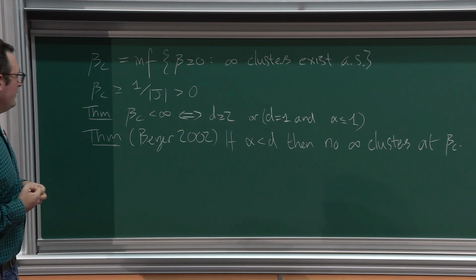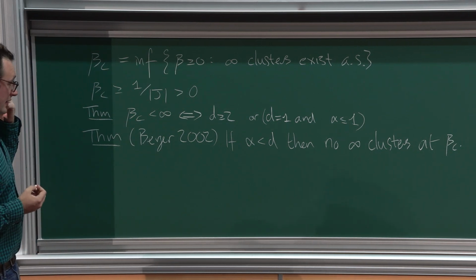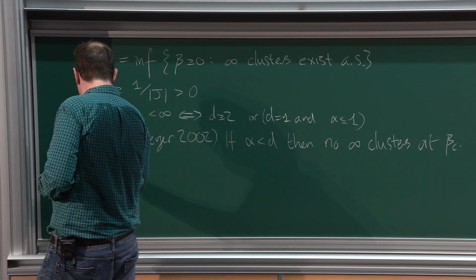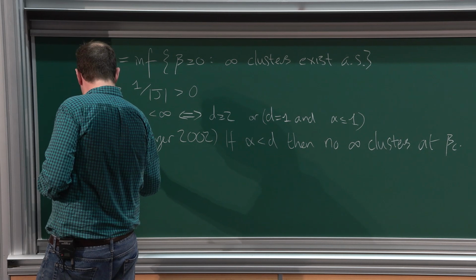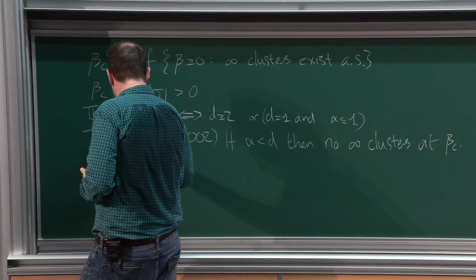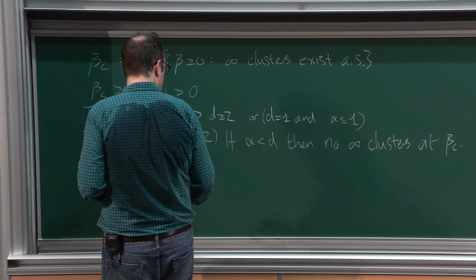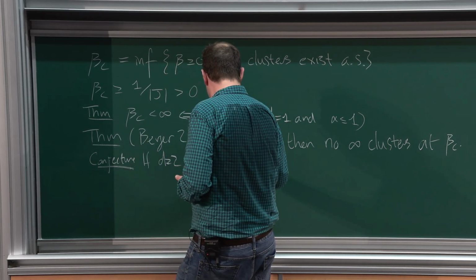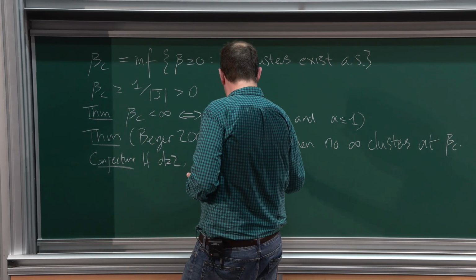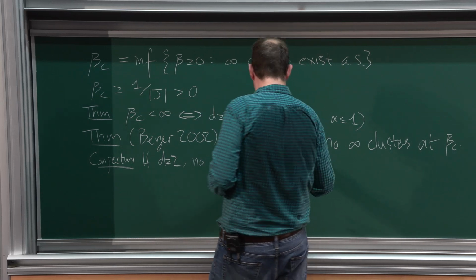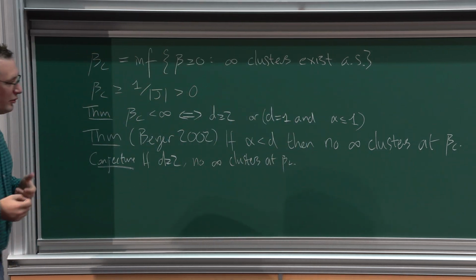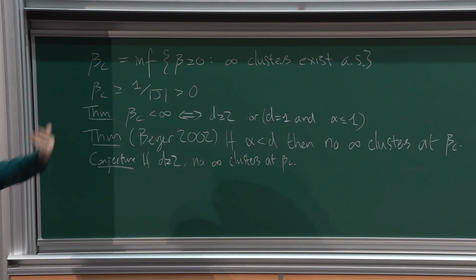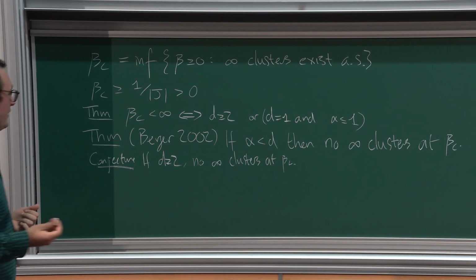Now, of course, the conjecture is that if d is at least 2, there are no infinite clusters at beta c. But this remains open in the case when alpha is large, and again, the model becomes more and more similar to the nearest neighbor model as alpha gets larger. On the other hand,